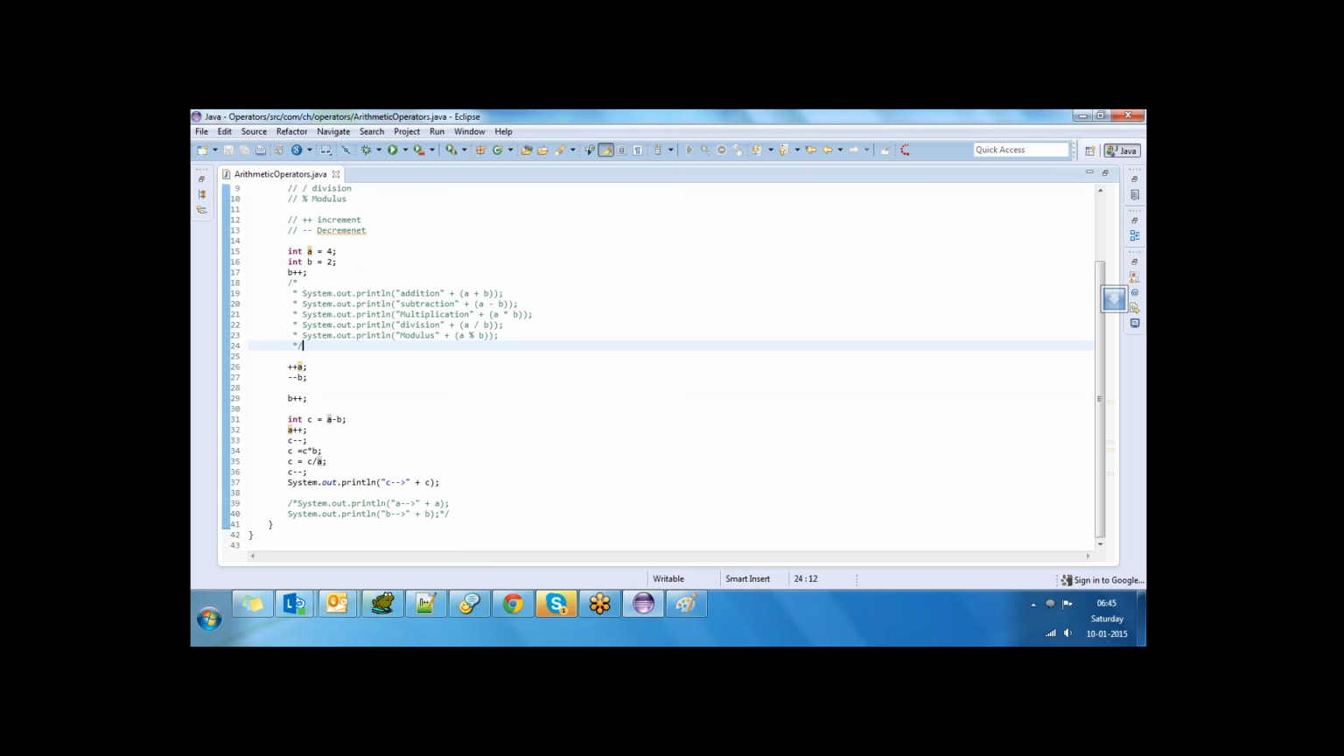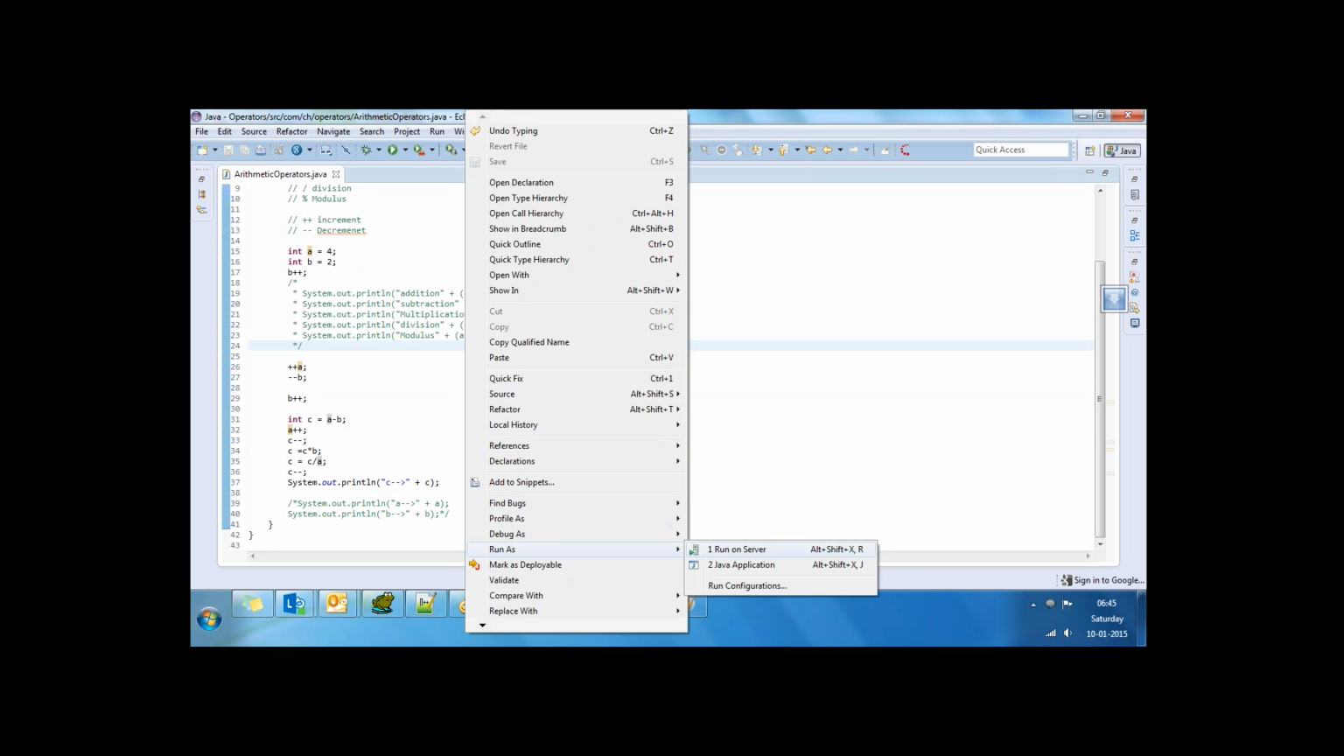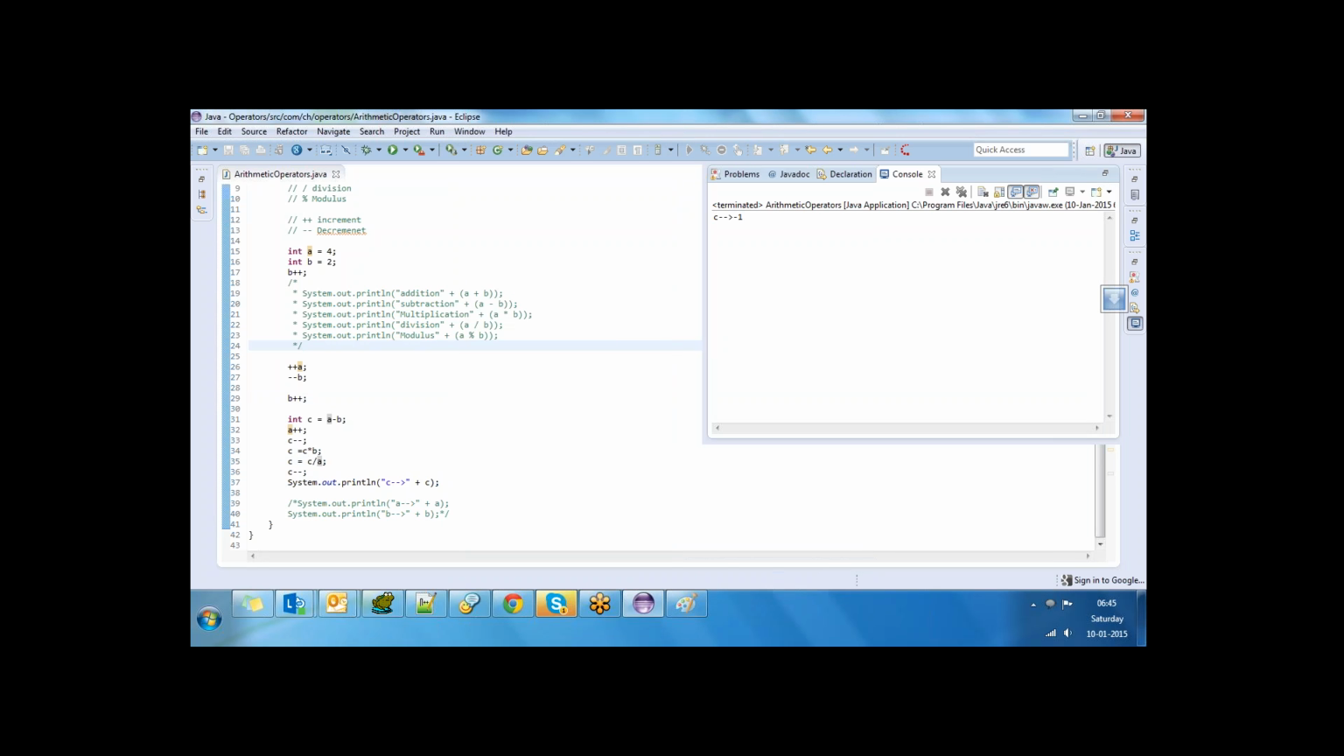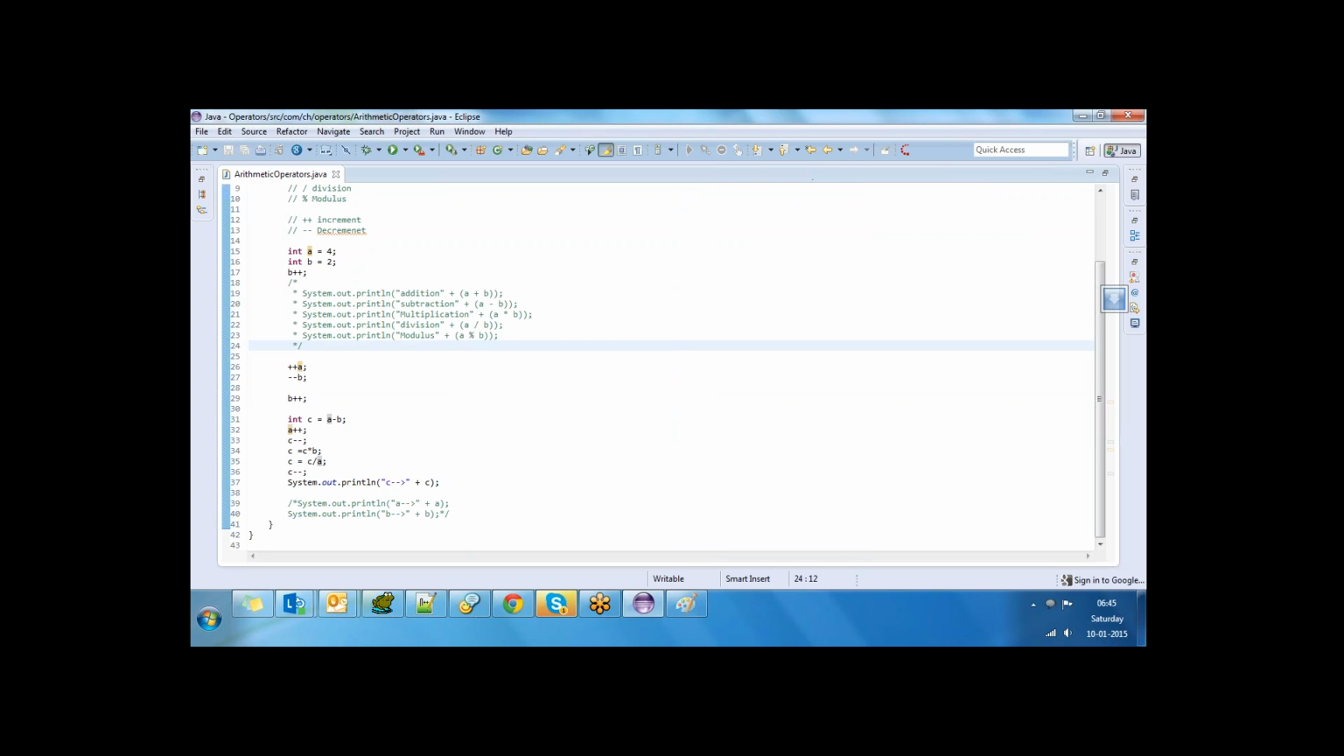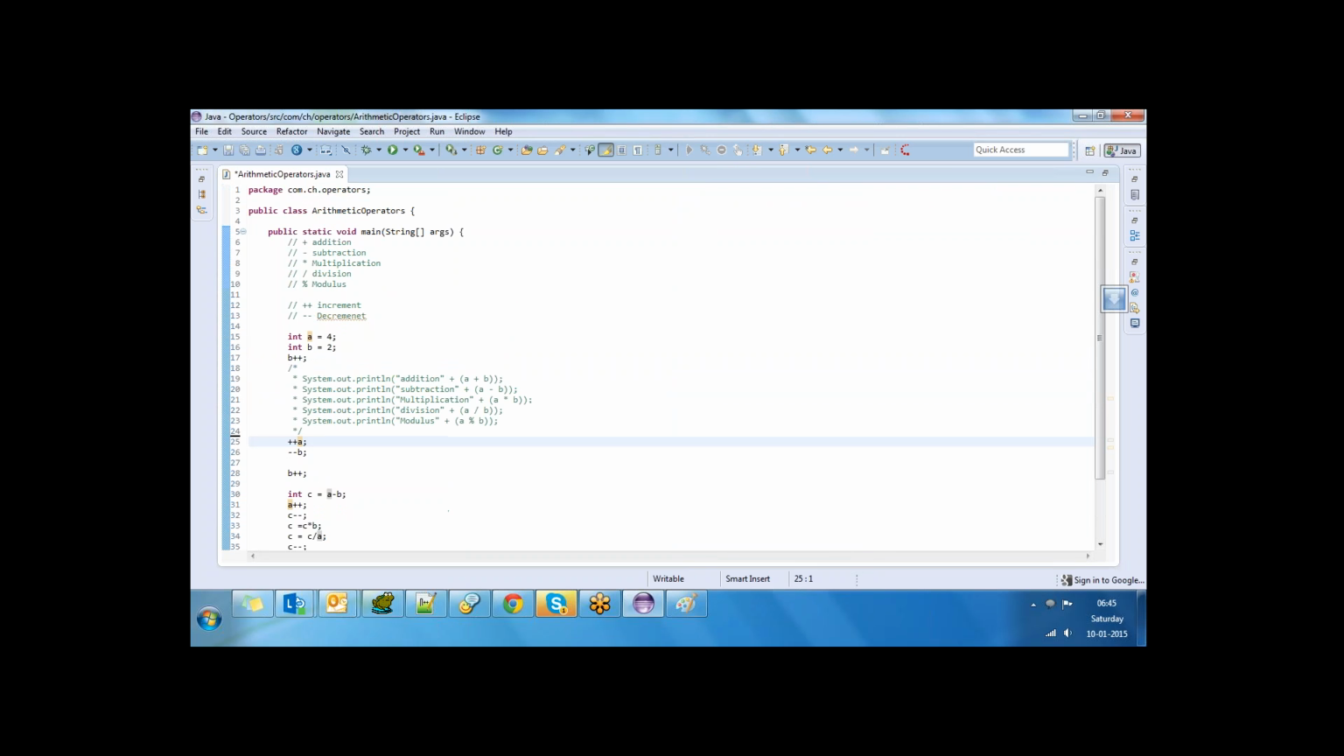Okay, time up. I'm running the application. Output is -1. Correct answer. So like this, we have to. You guys have to practice on your own. I don't want to explain again and again. What is the output currently? So you guys have to practice. Okay. Now we'll move to